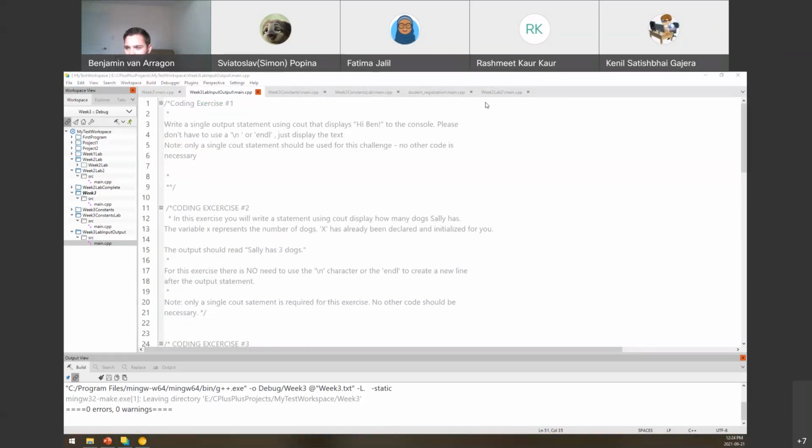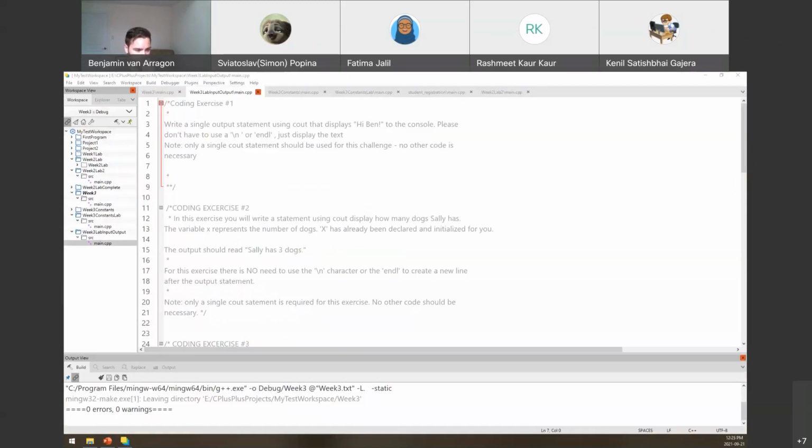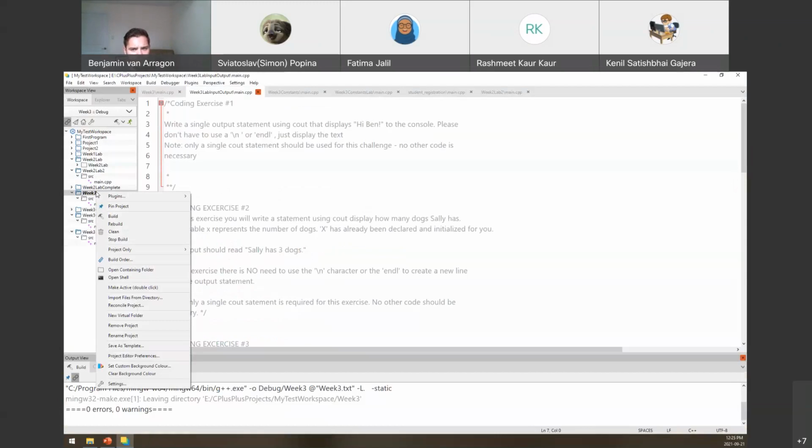All right, welcome back, guys, from the break, and we'll just get into this little coding exercise here together. Again, you can download it here, number 2, the input-output lab on Blackboard in the week 3 learning folder. You cannot run your code in CodeLite. It's not showing you a build and run option. Okay. Do you have the compiler working? It might not show you a build and run if you don't have it set as the active project. So make sure you have